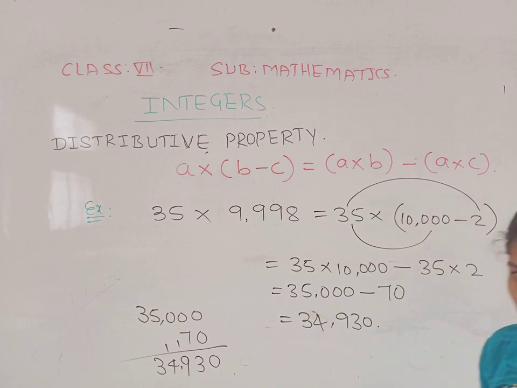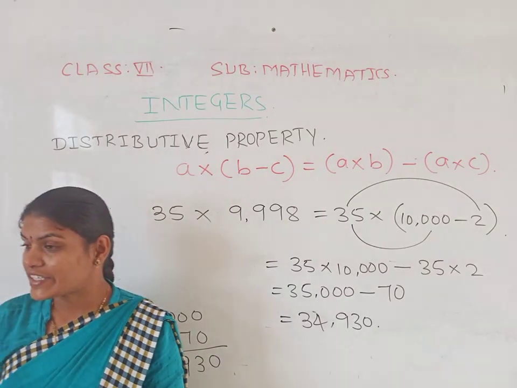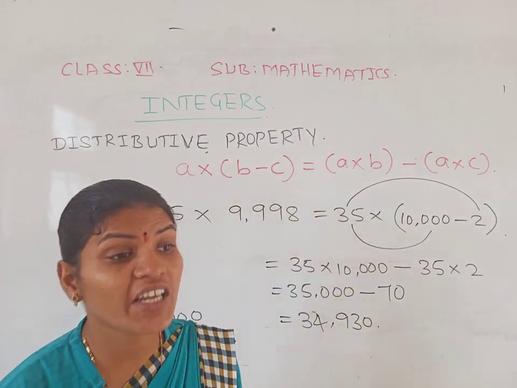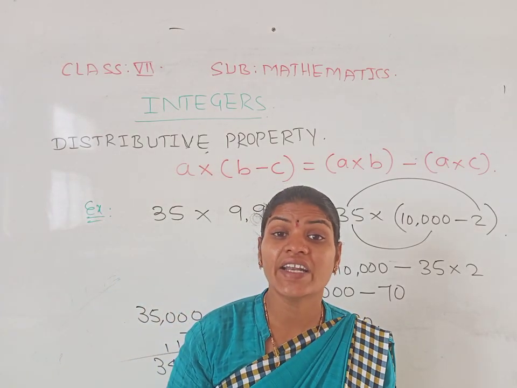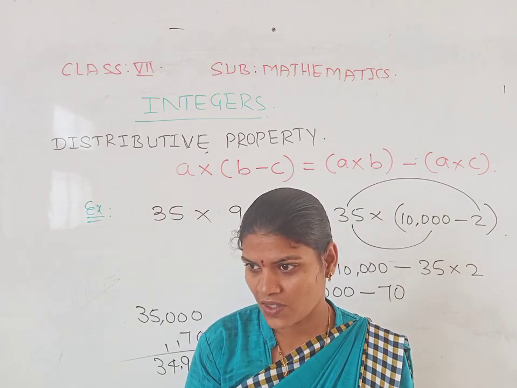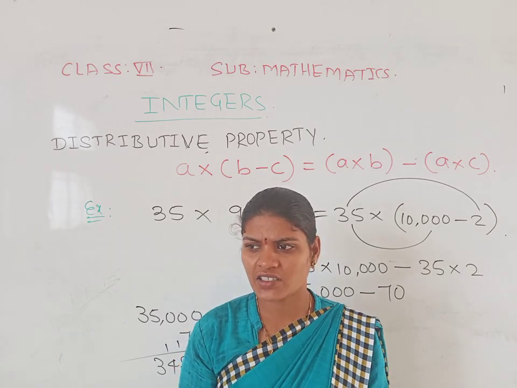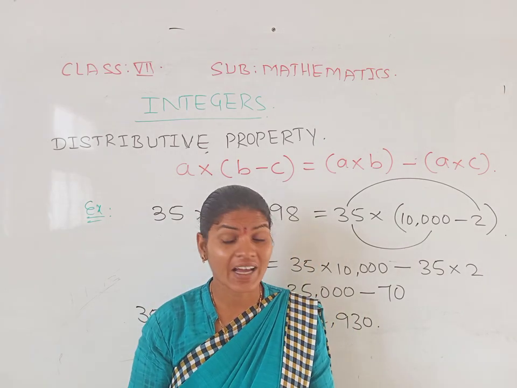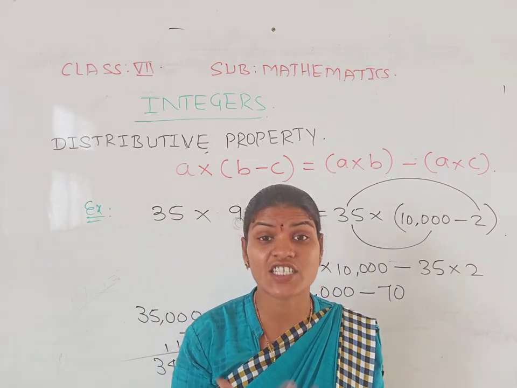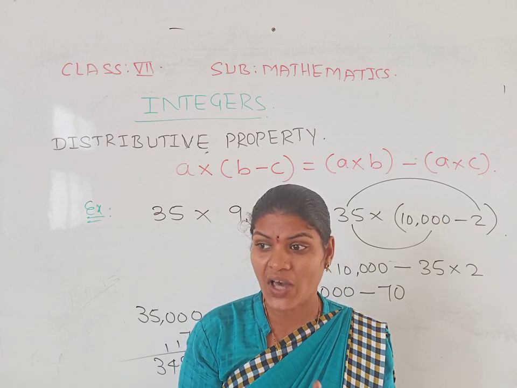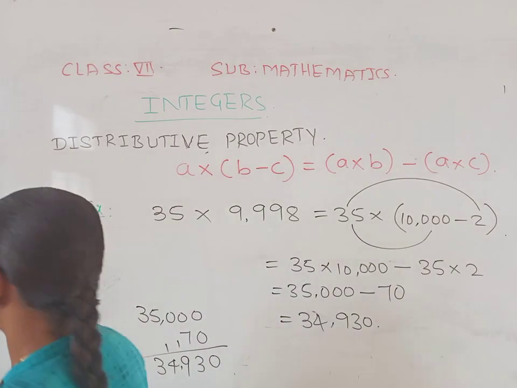Now, shall we close this one? Now we will go for another property, that is the additive identity as well as the multiplicative identity for the integers. So, which property? Identity property we have to see now. What is the meaning of identity? So, what is that identity? What is that special character? Who has that special character in the integers? We will see that identity property.